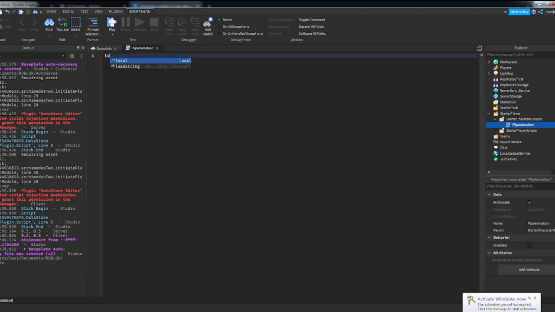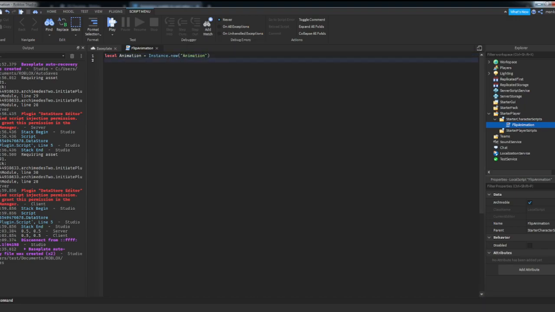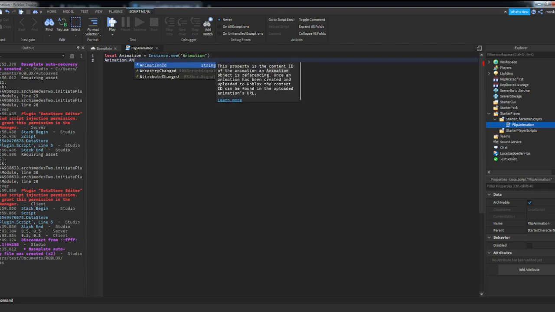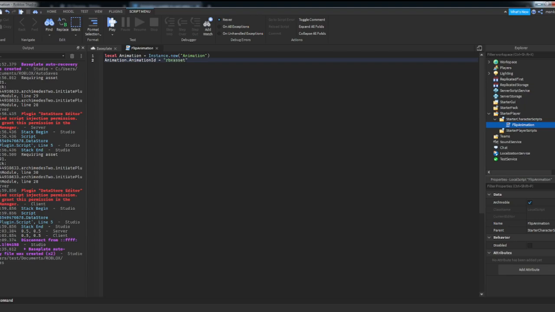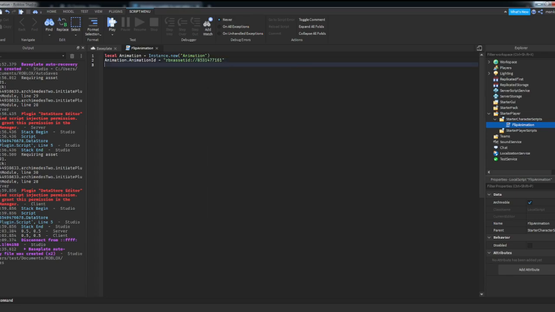The first thing we're gonna be doing is local animation equals Instance.new animation, and then we can do animation.AnimationId equals rbxassetid colon two forward slashes and then your ID right there, which you copied. So you can just hit Control V or right click and then paste. And then once you got that, you can do,